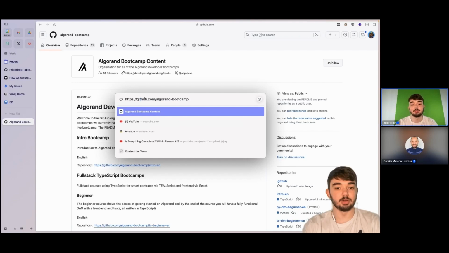And to give some context to that number, a big thing on TPS is scalability, right? So not only can I use it now, but how can I use it in the future? Right now, Algorand is averaging around 100 TPS, and we can go up to 10,000. So we have a lot of room to grow and a lot of room for new developers to come on and build on the chain.